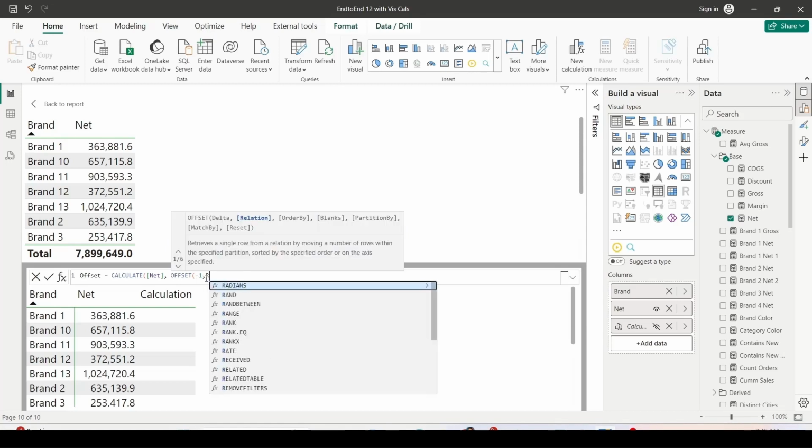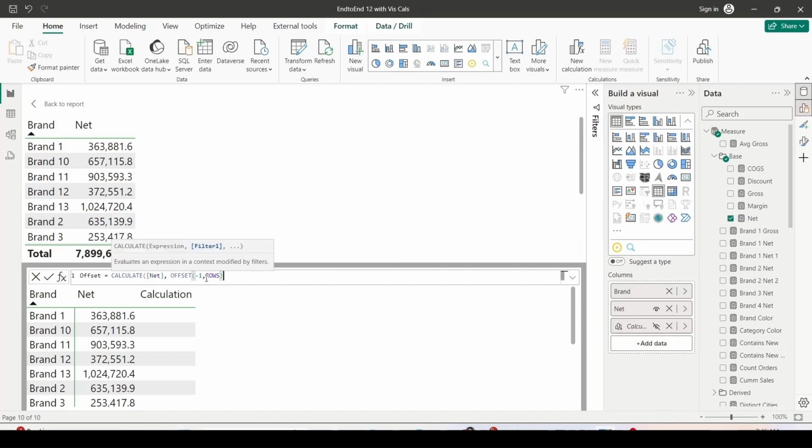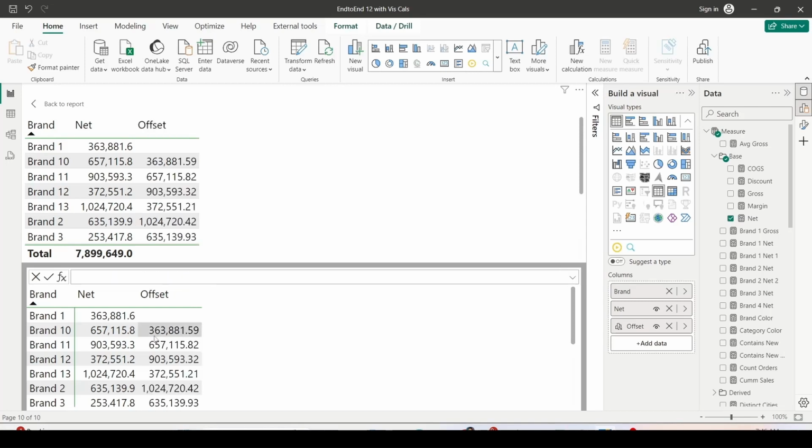then relation, and here I am doing the first change. So instead of using all selected item brand or all item brand, I am using rows. And remember, we are doing a visual calculation, so getting data outside the visual might not be possible for us. The next thing is order by, and because order by might require an explicit column, I'm as of now leaving that as is. And because it's going to pick up the default order by or the first axis, I'm expecting it to sort on brand. And as you can see, we are getting values which are one row behind,